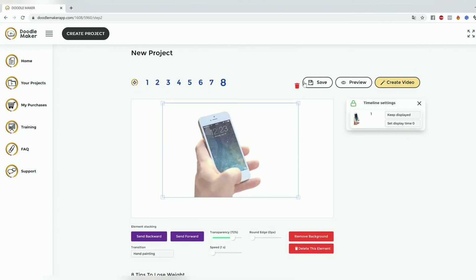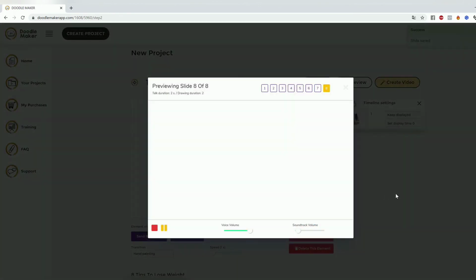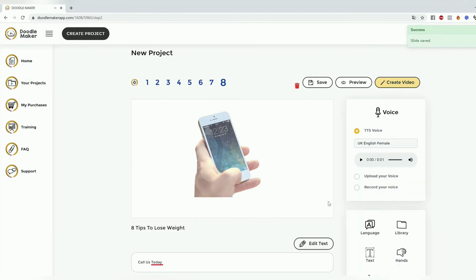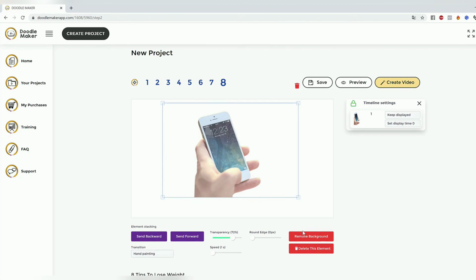So for example, you want to do that. Let's click preview. Call us today. There you go. So you can even do that as well if you wanted to really ramp up your video creation. And another cool thing is, because